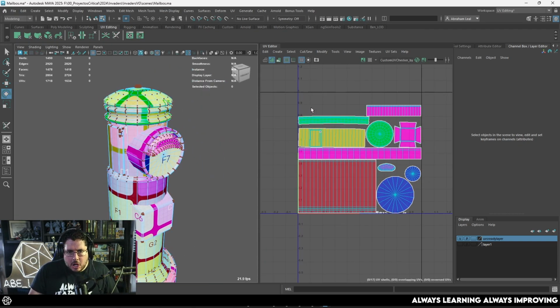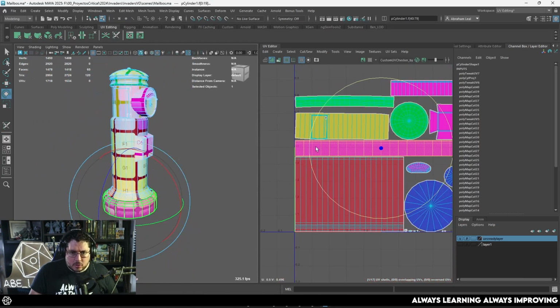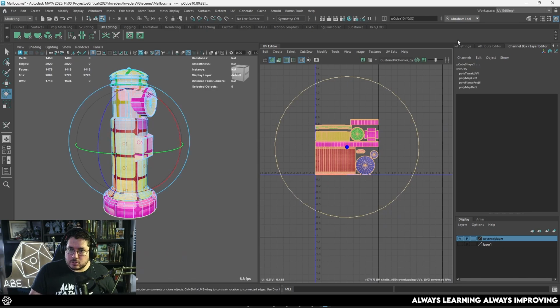This is a mailbox, so we can add a letter right here, like a couple of letters. So it's fine. Like when I tell people to utilize their UVs properly, it's not that every single pixel has to be maximized to maximum potential. It's just make sure that it's nice and clean. We can't really make this any bigger because right now this island right here is what's telling us the sort of resolution. But if we take a look at the texel resolution, and you can see this here